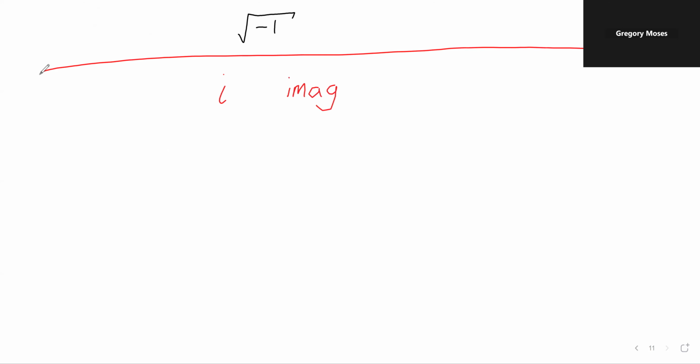Those situations are things like you're trying to write down the formula for a radio wave. They're extremely grounded situations. And to deal with this, we define i, the very badly named